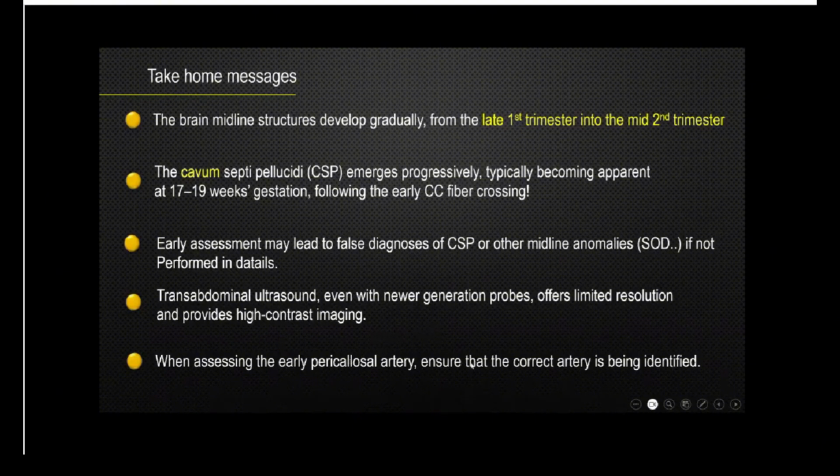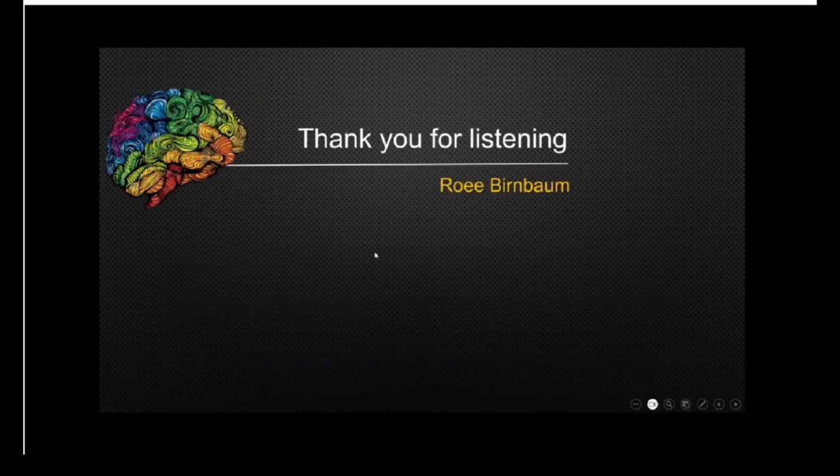Pericallosal artery, please ensure that the correct artery is the one that's being identified before you decide and you make a diagnosis based on some artery that you may think is the pericallosal artery, but actually probably it is not. And again, I apologize for extending my time, and I thank